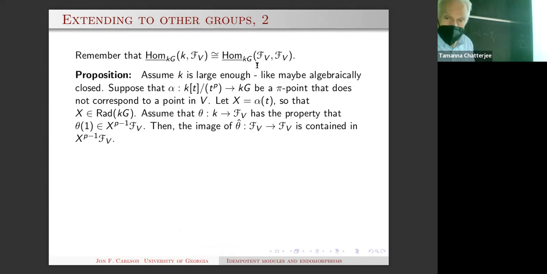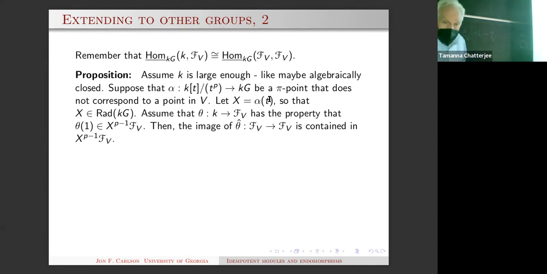We want to extend that. We need to extend that to what happens when we're doing f of V of f of V. In order to do that, I actually have to lift K to a chain map on the projective resolutions that I was dealing with. And as I say, the thing is, you assume that K is sufficiently large. You take any alpha to be a pi point that does not correspond to a point of V. You let X be this